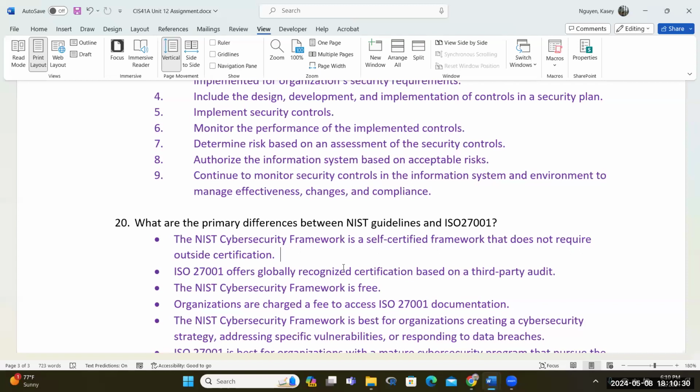So you don't need to have someone to certify you from the outside. You don't need an external auditor to certify you. So as you go through the checklist, you implement that, you contact them, you let them know that you want to certify, and then you are certified for it.